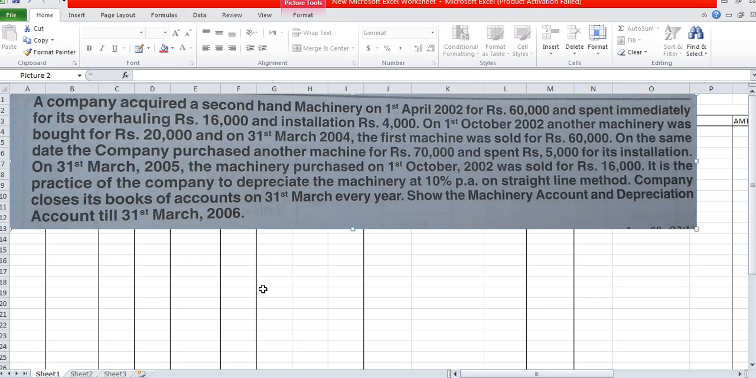Okay, in this video we are going to learn depreciation. A company acquired a second-hand machine on 1st April 2002 for 60,000 and spent immediately